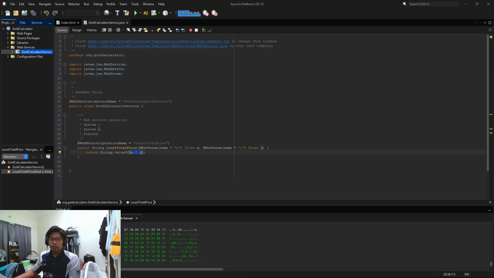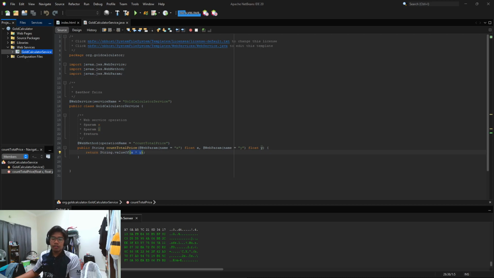So let's go. What is a web service? A web service is an application component that allows two systems, often written in different languages or running on different platforms, to communicate with each other over the internet using open protocols like HTTP, XML, and SOAP.